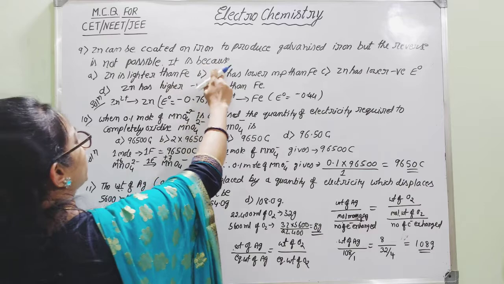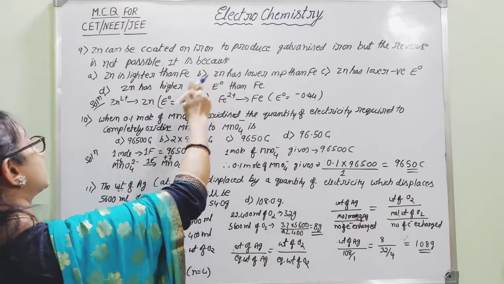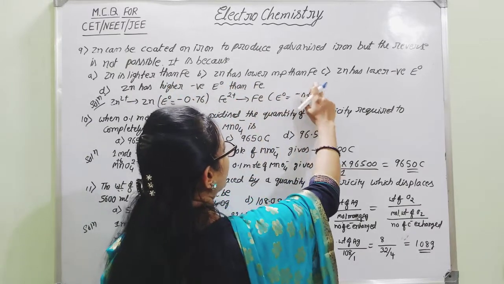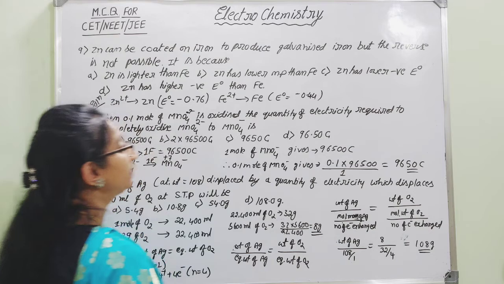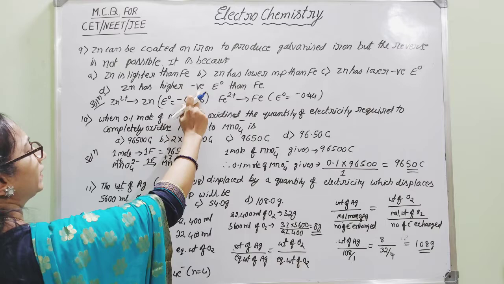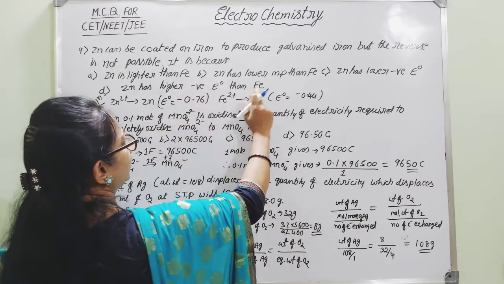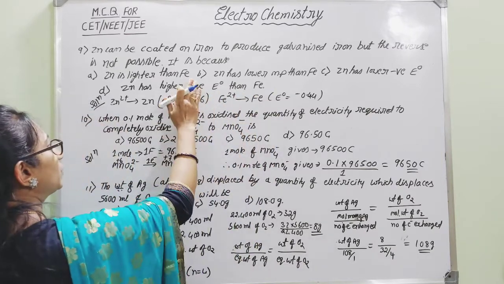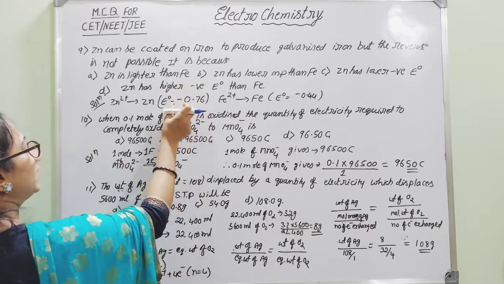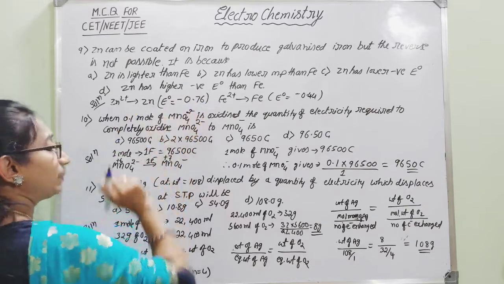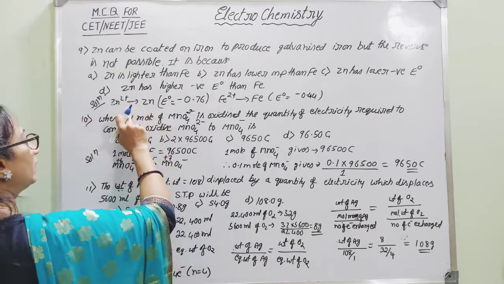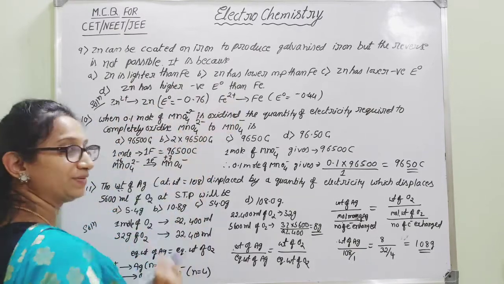It is because they are asking the reason why the reverse is not possible. Zinc is lighter than iron? No. Zinc has a lower melting point than iron? No. Zinc has a lower negative reduction potential value? No. Here zinc has a higher negative value than Fe. Here they are not asking only for a higher value but a higher negative value. The higher the negative value, the lesser will be its reduction potential value, and the easier it is for that metal to help the other metal undergo reduction.